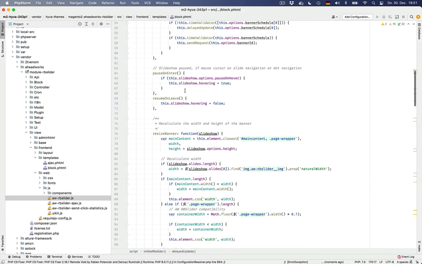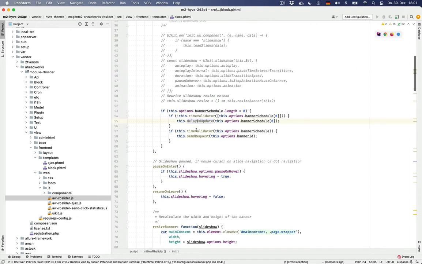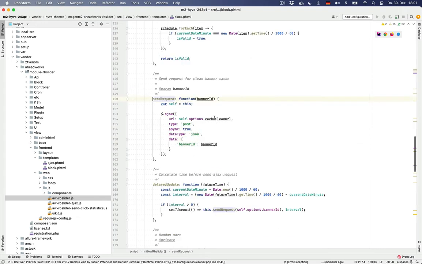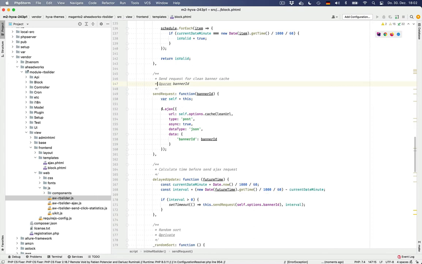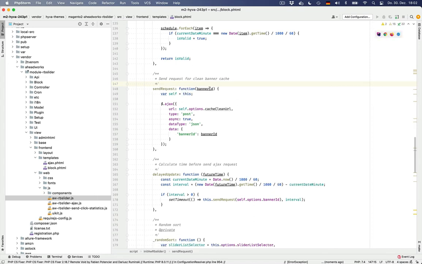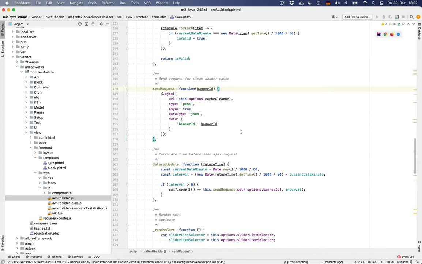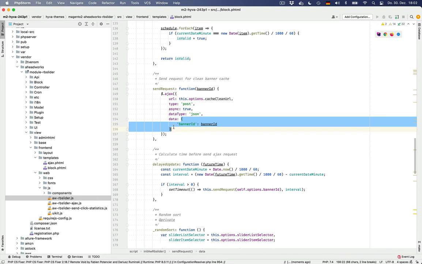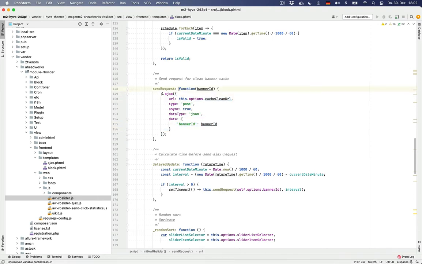Where was this being called? Right here. Time validator we already took care of. So let's have a look at send request. Send request for clean banner cache. Oh, look at this. There is no context switch here, so good start. This is an AJAX post request containing some JSON data in the body to this URL here. All right, so we'll do the same thing using fetch